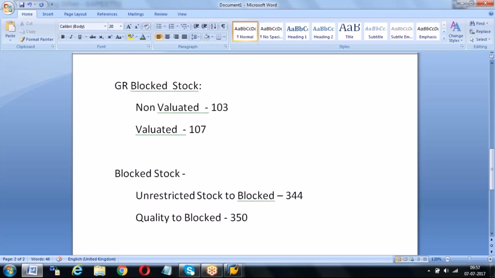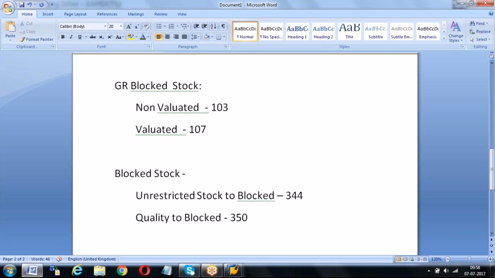What is blocked stock? When you receive the stock, and if you have quality management, you have taken the stock to quality. After the stock is in quality, they verify all the quality parameters, but they found 2-3 parameters failed. They will not release it to unrestricted stock.